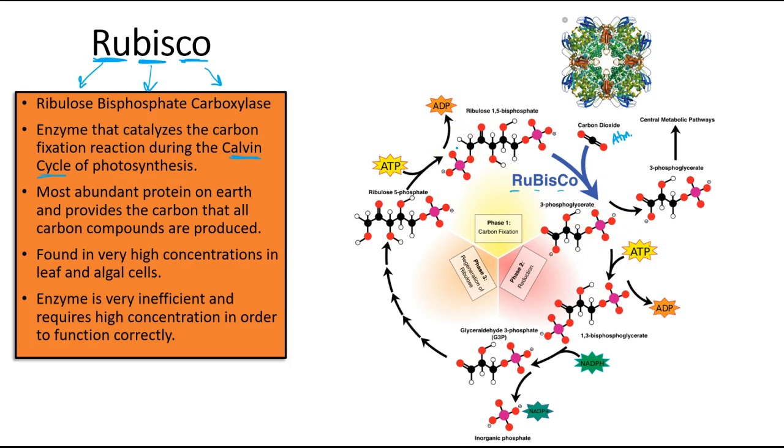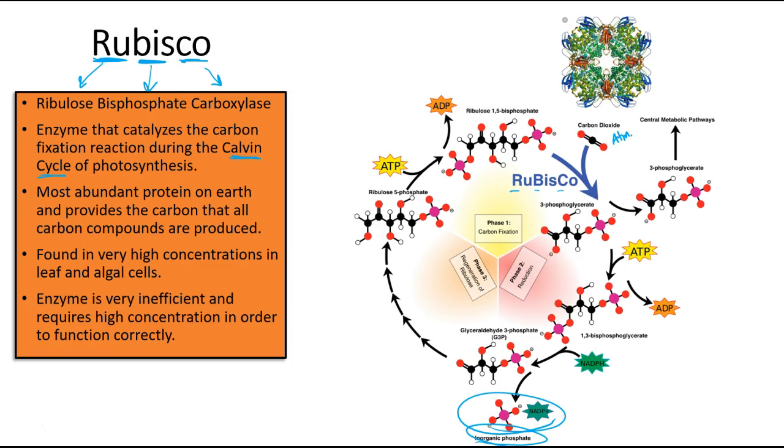Now, the purpose of this lecture is not to understand photosynthesis or this process specifically. We're going to get to that in a later video. The purpose of this video is to talk about proteins and specifically Rubisco. I just wanted to outline Rubisco's role in photosynthesis as a whole, so that we understand exactly what this particular protein does and the importance of that protein in producing energy for the producer level, but then also producing energy for the consumer level, once the plants that are producing the glucose down here